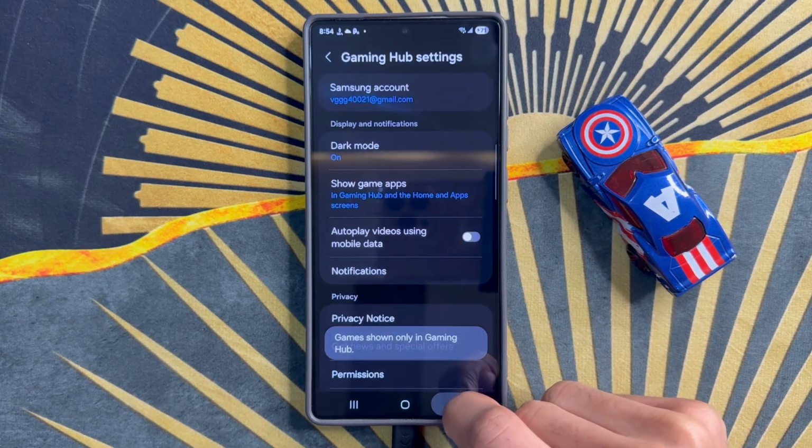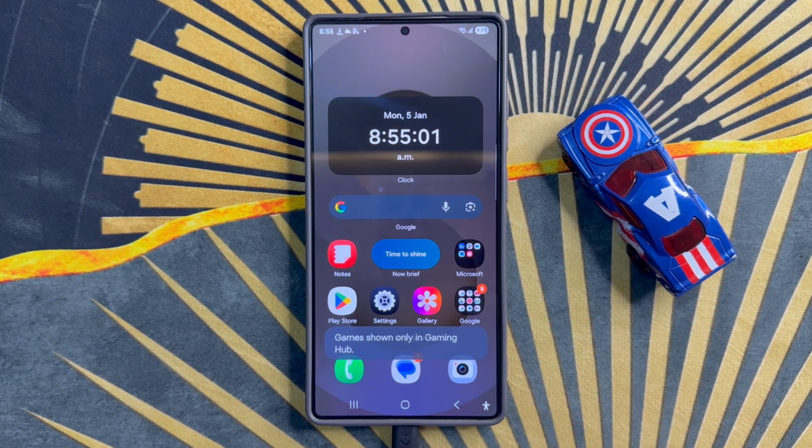After the process, go back to home screen. So that's how you can show or hide game apps on home screen and app screen on Samsung Galaxy S26